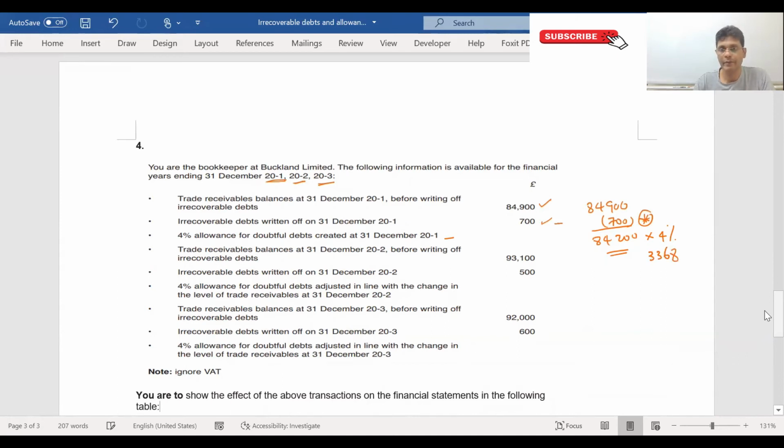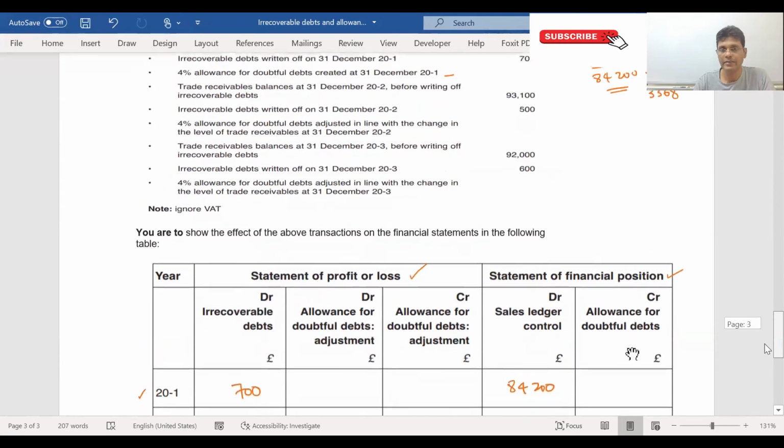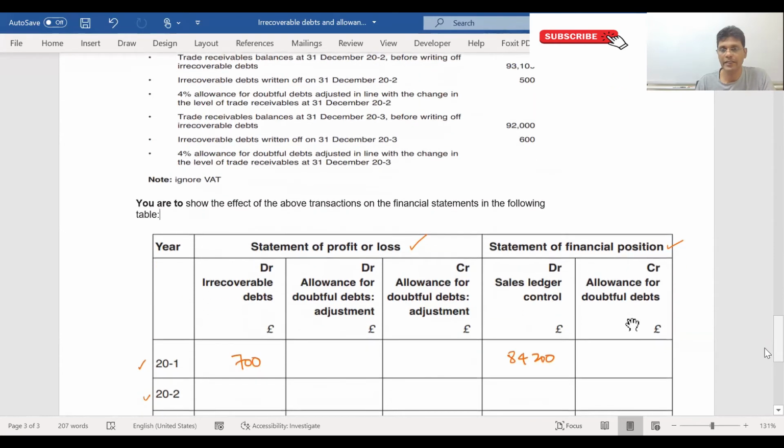Please remember this amount will not be written off against the sales ledger control account. Instead, it will be credited to the allowance for doubtful debts account. It's a credit balance of 3,368, and